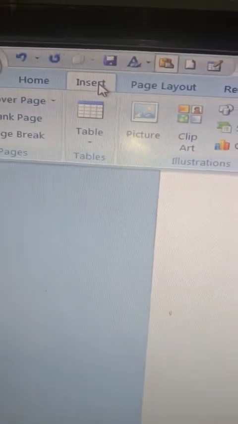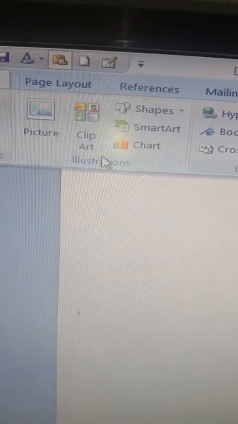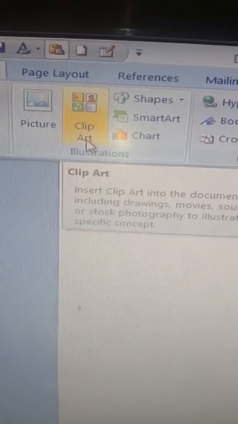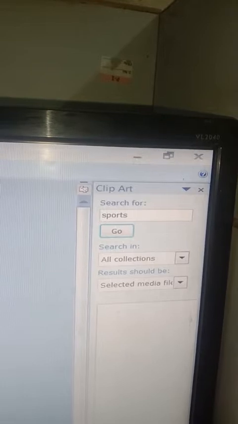So in order to insert the clip art, first of all move to the illustration group. Go to the insert menu, and from the insert go to the insert tab. Click on the insert tab. Look over here, I have clicked on the insert tab, and in the insert tab I am going to go to the illustration group. In the illustration group there is an option of clip art. As soon as I click on the clip art, look over here, a window of clip art has appeared.